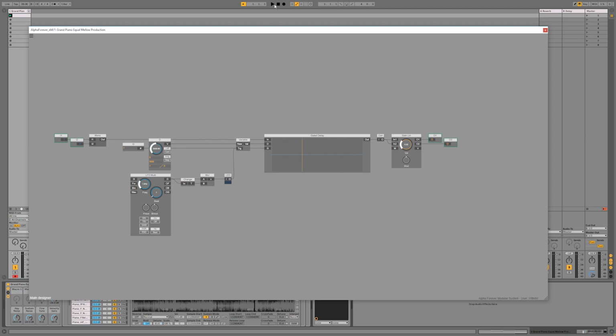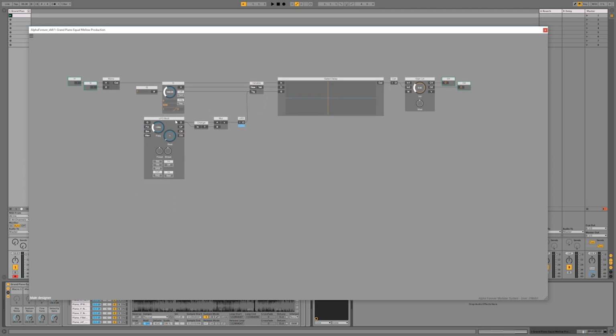And if I play the piano, it's pretty likely that we get clicks when we jump around like this, so we have to care about it, and we can do it